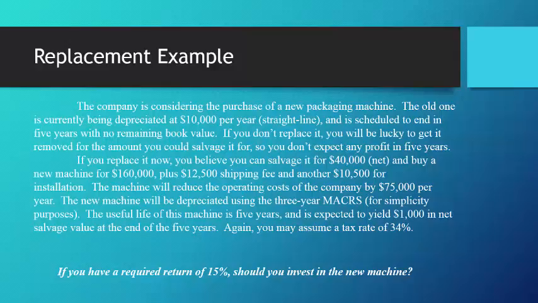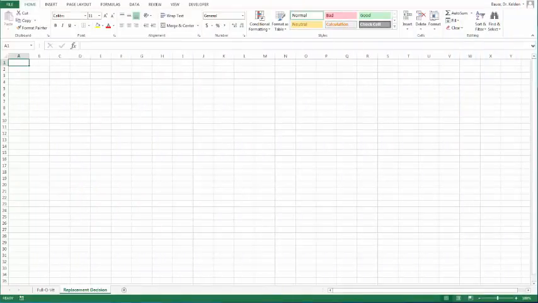That means there's $10,000 in depreciation that I haven't yet recognized, and I will get a little bit of a tax shield out of that additional depreciation. So let's look at the initial cash flow, and to do that I'm going to turn our attention to Excel. Okay, and we are back in Excel, and we have a new sheet which we've renamed Replacement Decision, and I'm